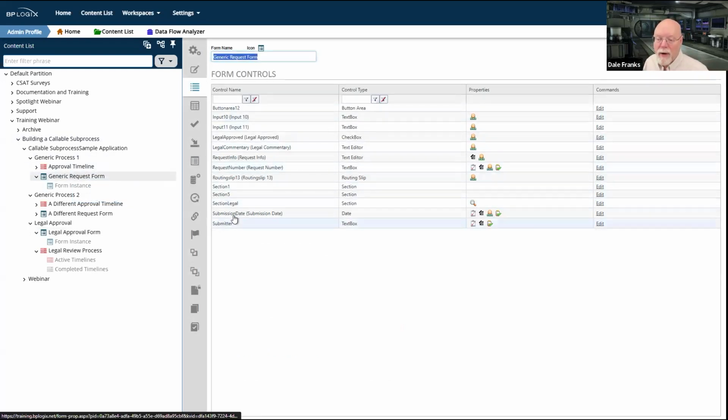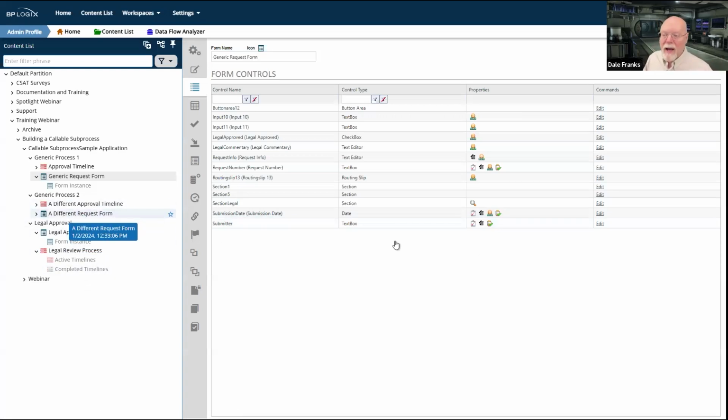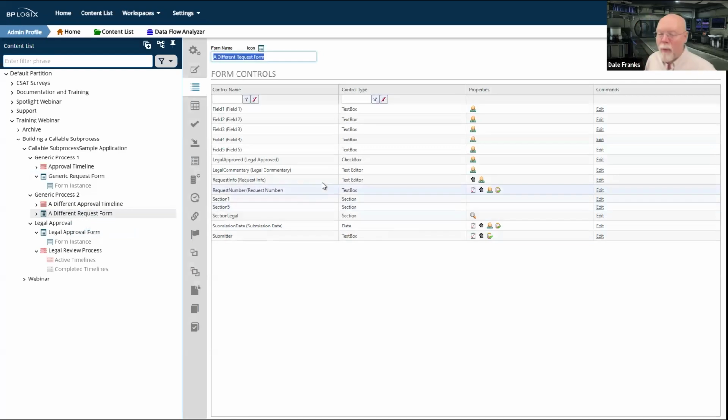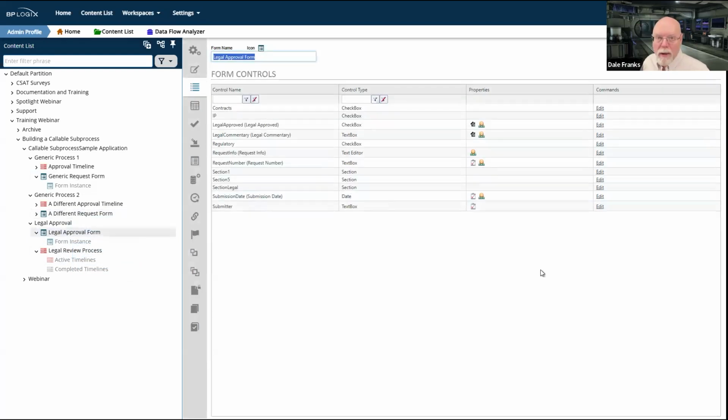So request info, submission date, submitter, etc. That also means that for my second process, I need those exact same four fields on the request form, and they have to be the same four fields that are on the legal approval form, because I've got to have the same names in order to replicate the field values from one form to another.